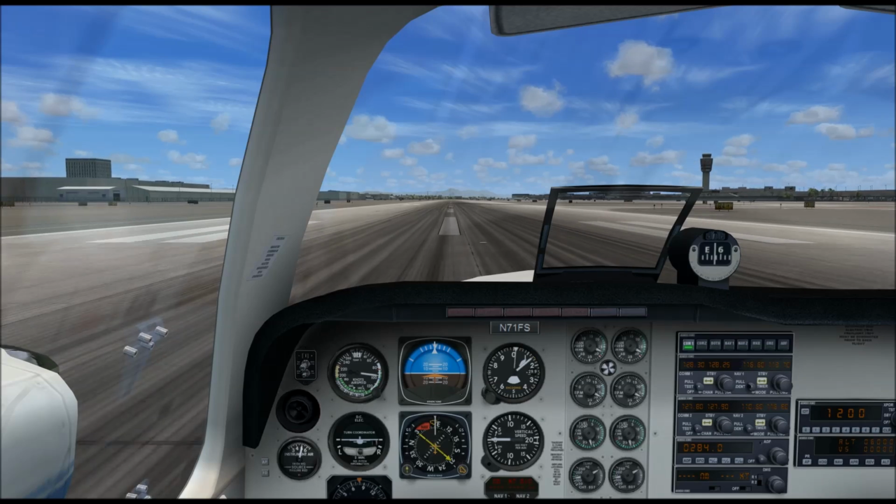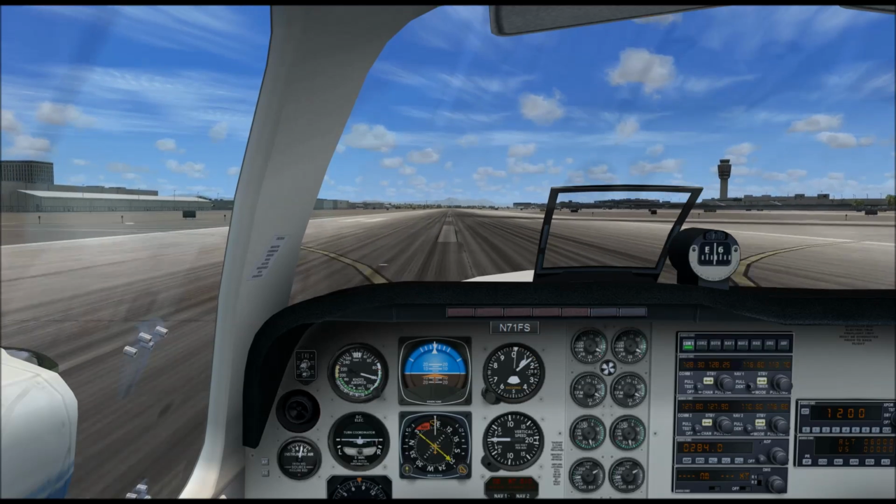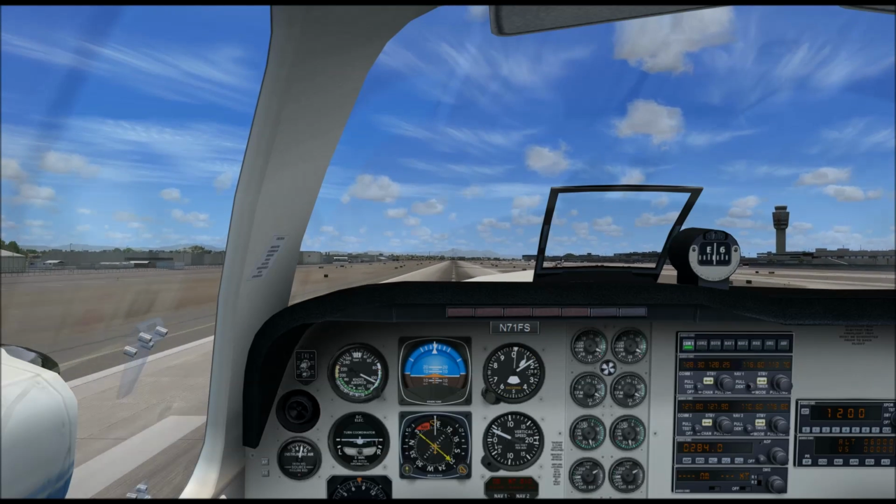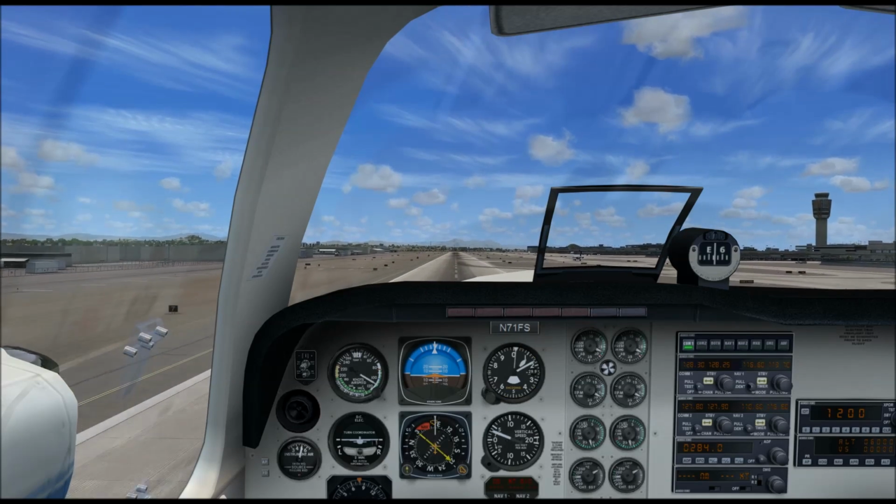Okay, getting up to about 100 knots here. We're about ready to rotate. Let's go ahead and pull back gently. This airplane likes to climb. It's a little funky the way this thing flies. It's not real good